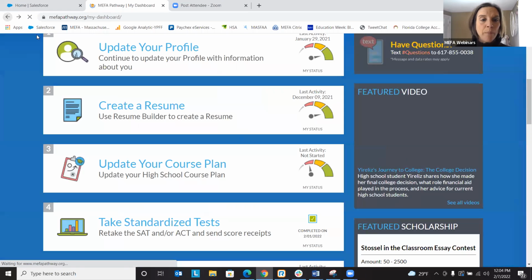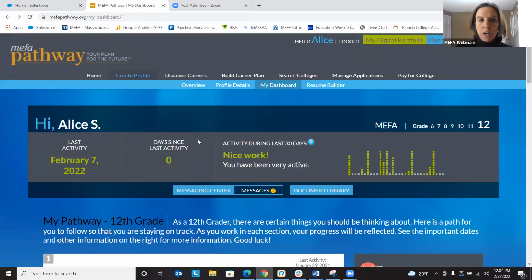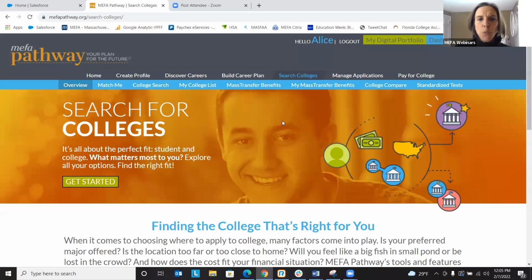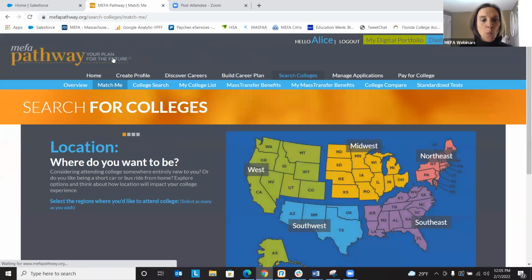Okay, so let's go back to the dashboard page here. So we are going to focus on the search for college features. So we're going to search college. And now there are 2 ways that the student can look at colleges within the platform here. So I'm going to start by looking at MatchMe. So MatchMe